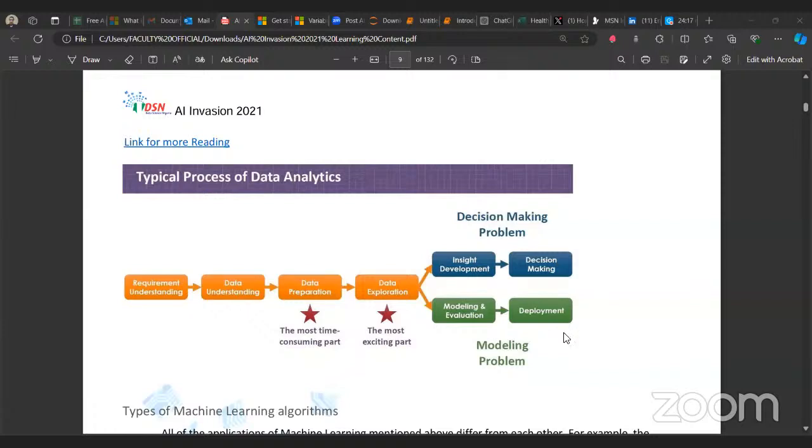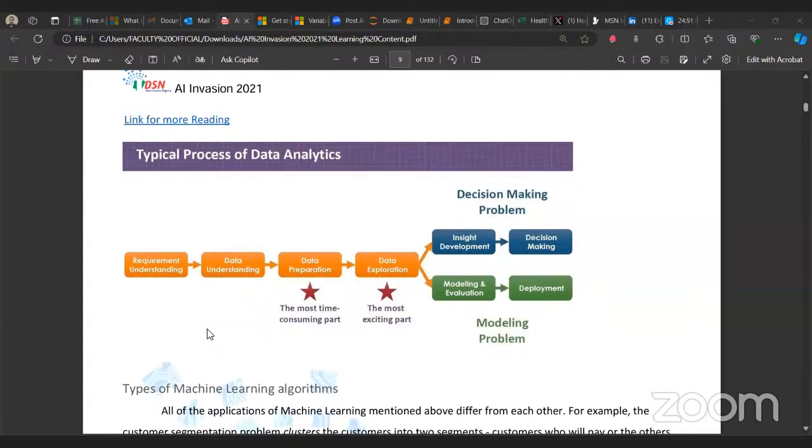So this diagram here is basically a pipeline of how we use data for making decisions in AI and ML. You need to understand the problem you're trying to solve. For example, if you want AI to recognize a table or an animal, you want it to perform image recognition. That's your understanding of what you want it to do. Based on that, it informs the data you use. You want it to recognize images, so the data you use is going to be images. That's another data understanding.